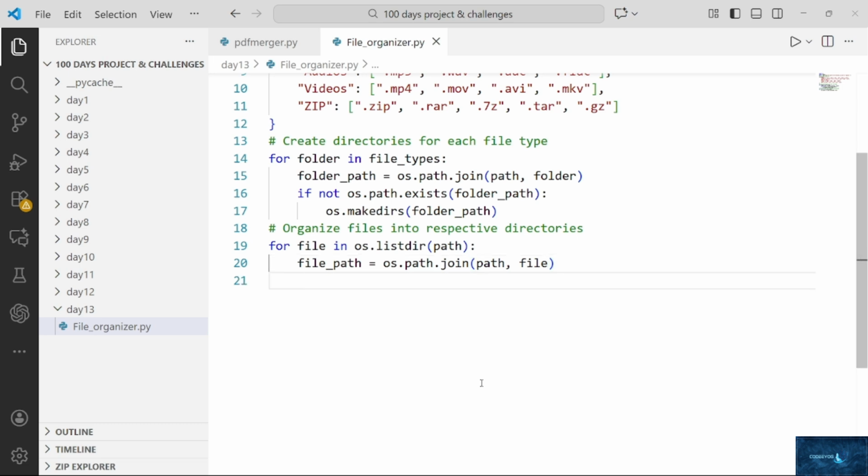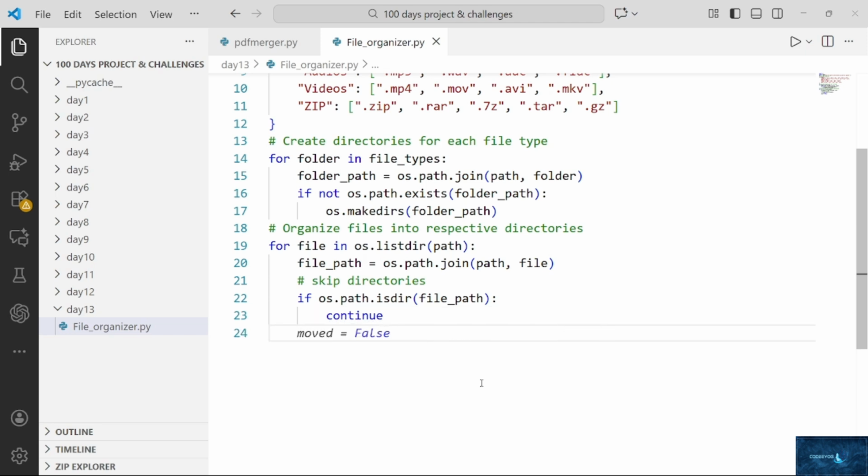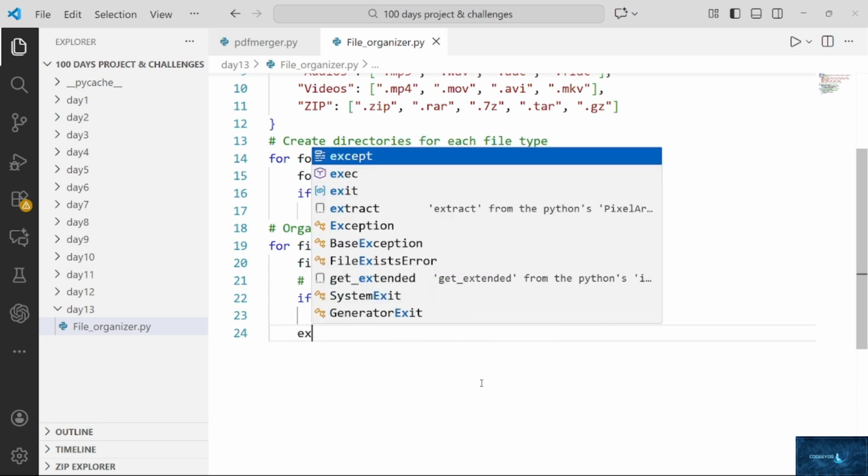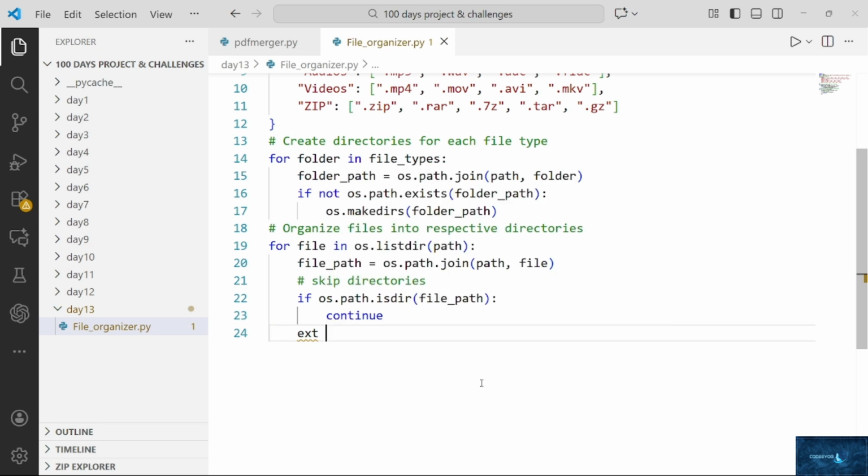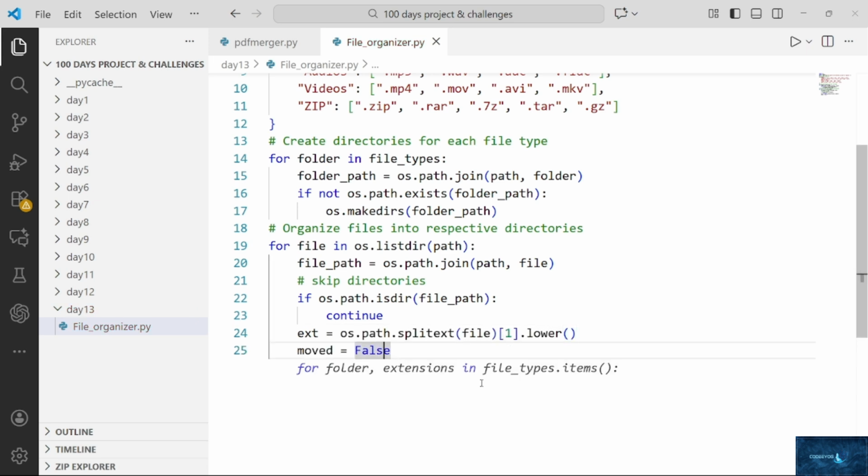then here skip the directory or skip the folder. If os.path.isdir, then continue, otherwise split the text, file dot lower, and moved equals False. Okay,